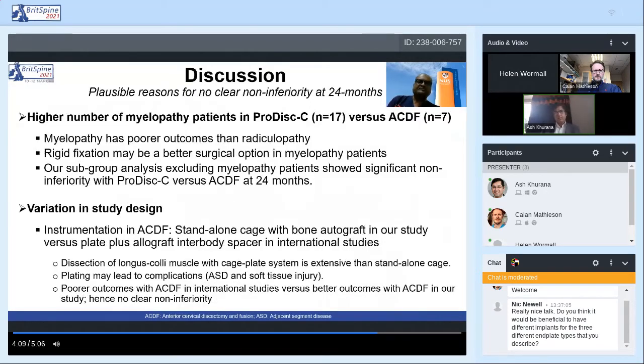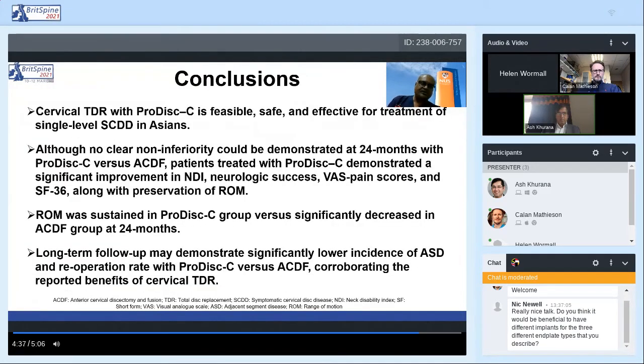The plausible reason for no clear non-inferiority would be the fact that there were a higher number of myelopathy patients in the ProDisc C group, or the fact that there was a variation in study design halfway during the study, or the fact that the ACDF group, which was the comparator, was different than the American standards, which was plate cage system. In conclusion, we can say that cervical TDR with ProDisc is a feasible and a safe option